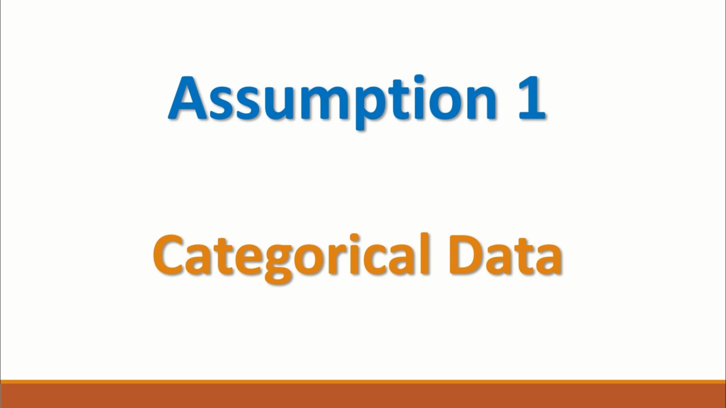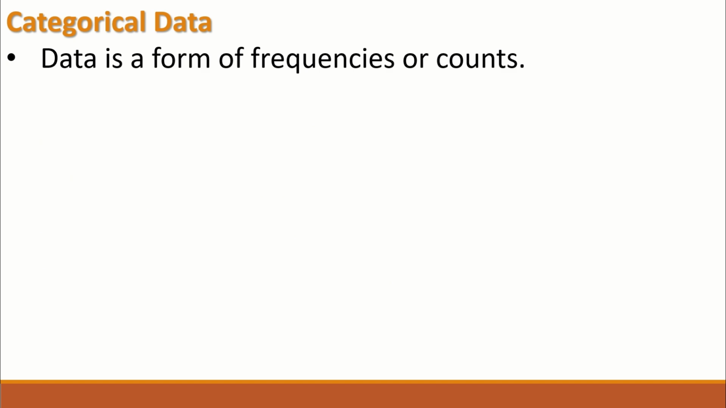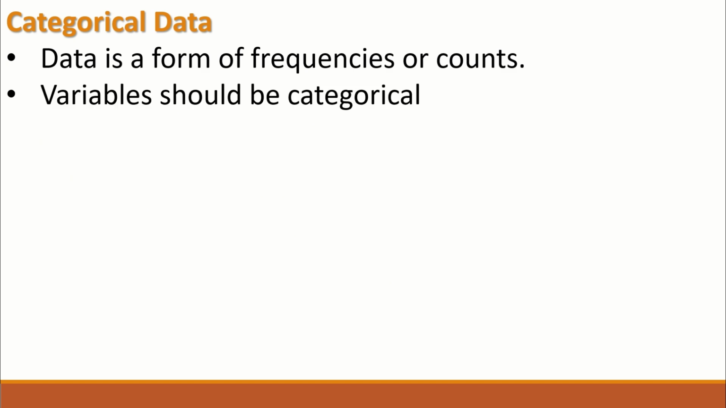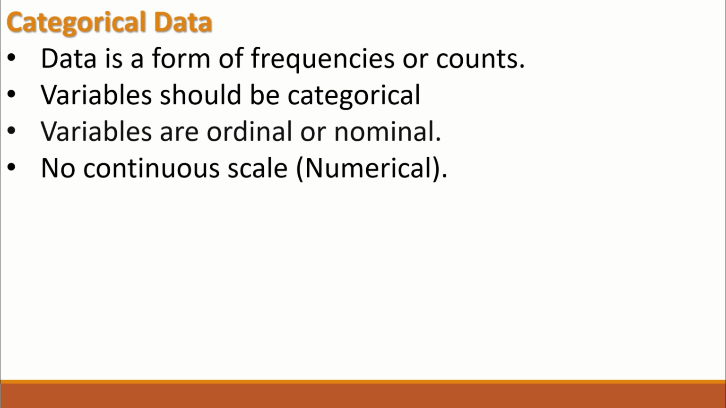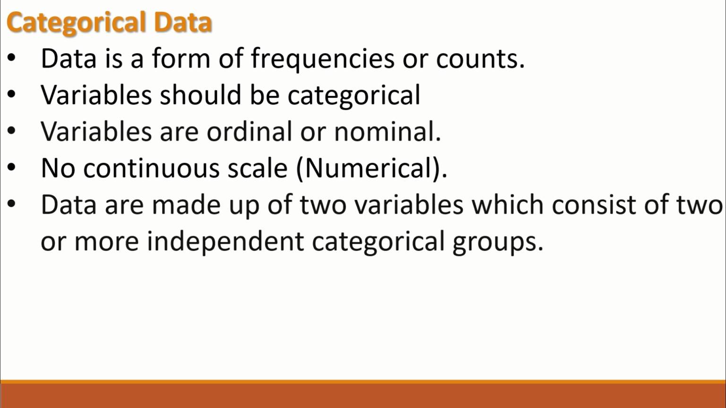So the first assumption states that the data has to be categorical data. Categorical data are data in the form of frequencies or counts. Variables should be categorical. The variable can be ordinal or nominal. Ordinal data is categorical data with order in it. Nominal data are categorical and have no order in them. No continuous scale, no numerical data,